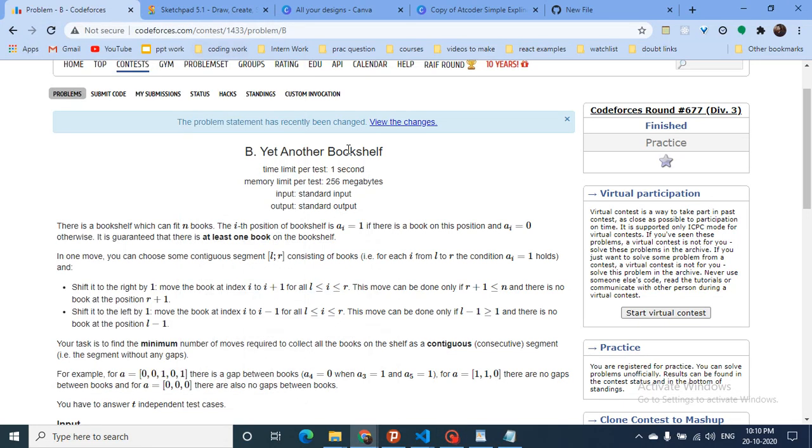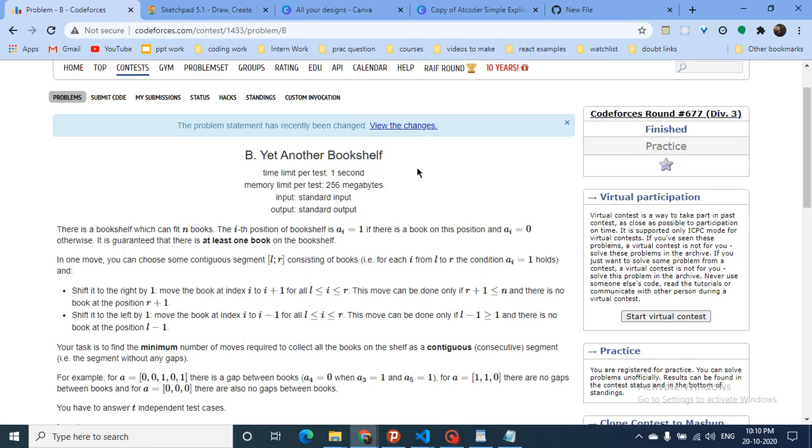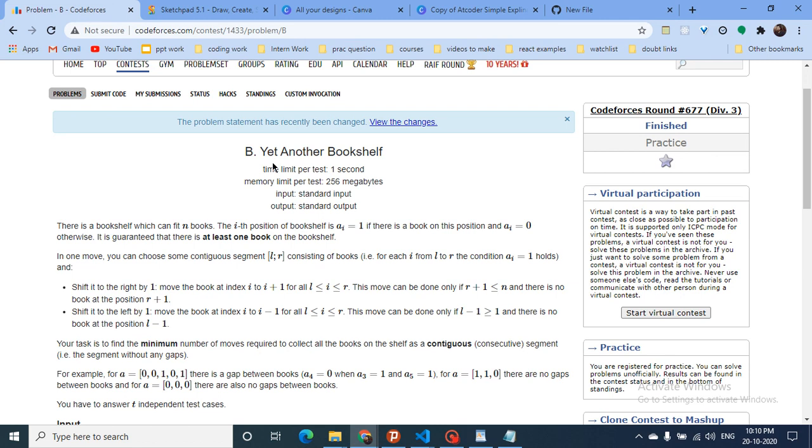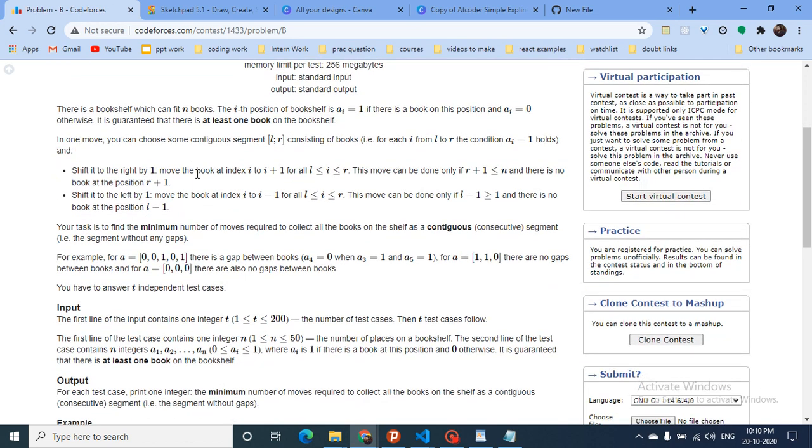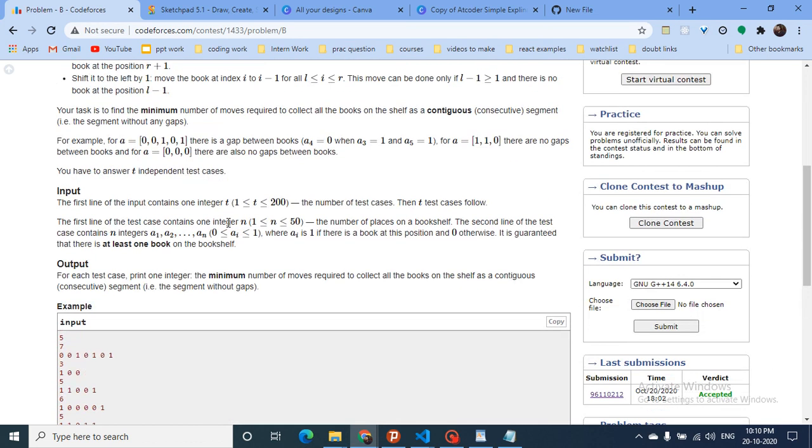Hello friends, so today we're going to discuss problem B from the latest Codeforces Round 677, problem name "Yet Another Bookshelf". You can read the problem statement, but in simple terms it states that you are given a bookshelf which consists of n books. As you can see here, the indexing of these books is given to you,